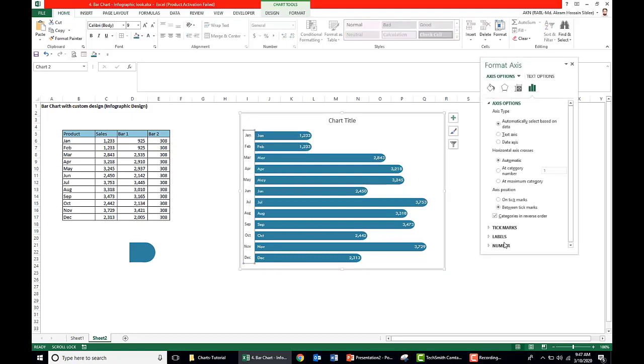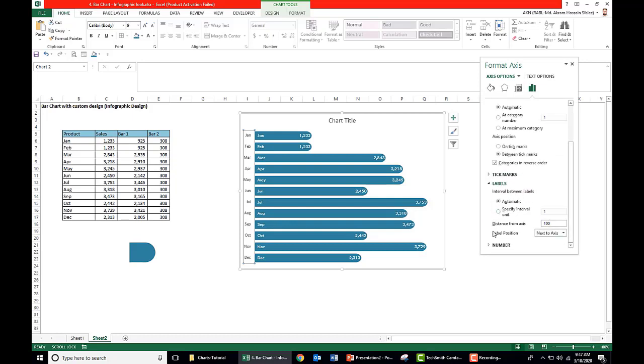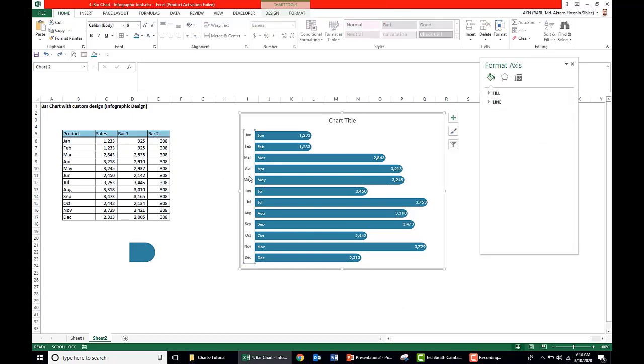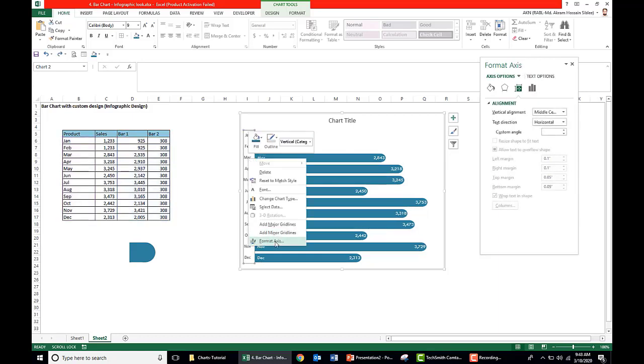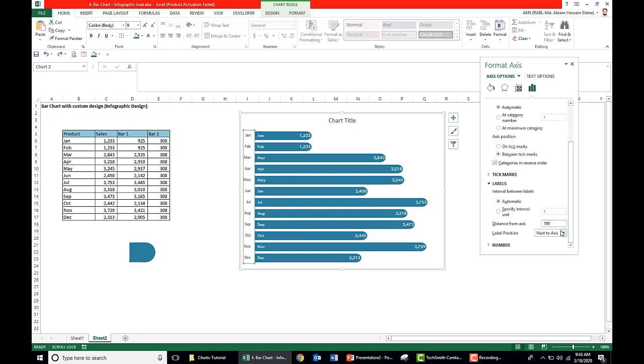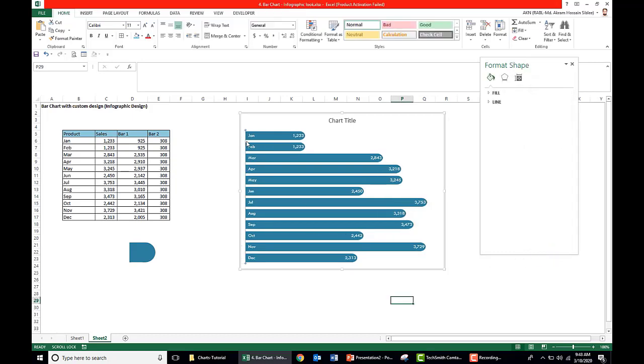Now we remove this month name in the axis label. Select it, right click, go to format axis. Here select labels and label position choose as none, because we will just remove the, so I just undo it. We will not delete the axis because we need a line here. That's why we do not directly delete the axis, rather we choose the axis, right click, format axis, go to labels and take label position as none. In that case you see here there is an axis line here.